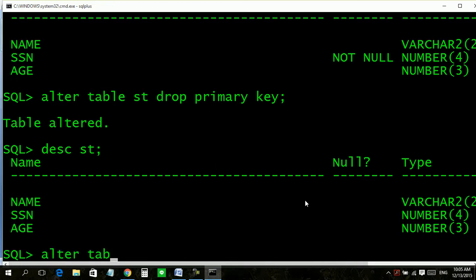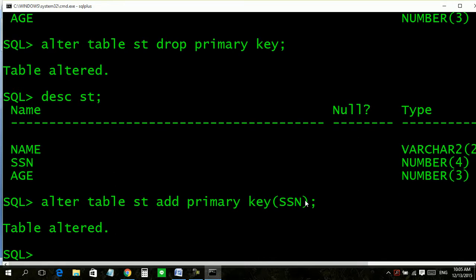Alter table ST add primary key, SSN. Okay, good. So now our table ST has a primary key which is column SSN.